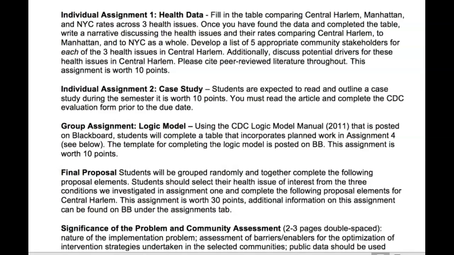So first, you're going to be asked to do this health data assignment where you're going to have to do some research and fill out a table comparing the rates of 3 different public health diseases in Central Harlem, Manhattan, and New York City. I want you to complete the table, and then I want you to discuss the health issues, write a narrative, and there are more detailed instructions for each of these assignments on Blackboard,